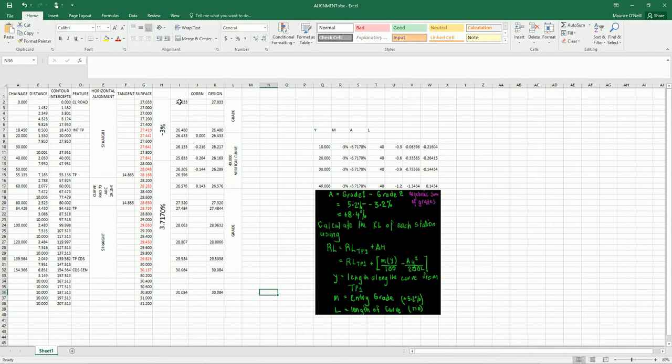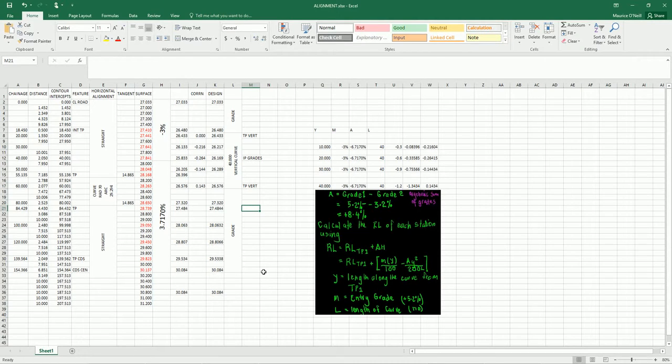So from those gradients we can work out through to here, which is, as it turns out, the IP grades. Okay, and here is where the vertical curve starts, so that'll be a tangent point for the vertical curve, TP vert in there, and this will be the other TP vert here at 60. Okay, so now it remains